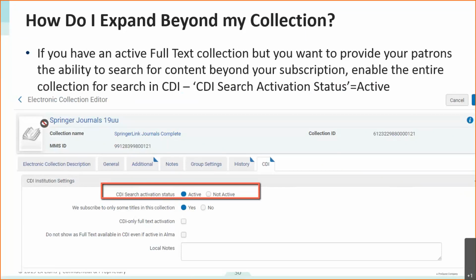Some of the content of the collection will be marked as available online, and some of the collection will be marked as not available online, but still you are able to discover it and provide other types of services such as resource sharing. So these are the options in terms of the search.